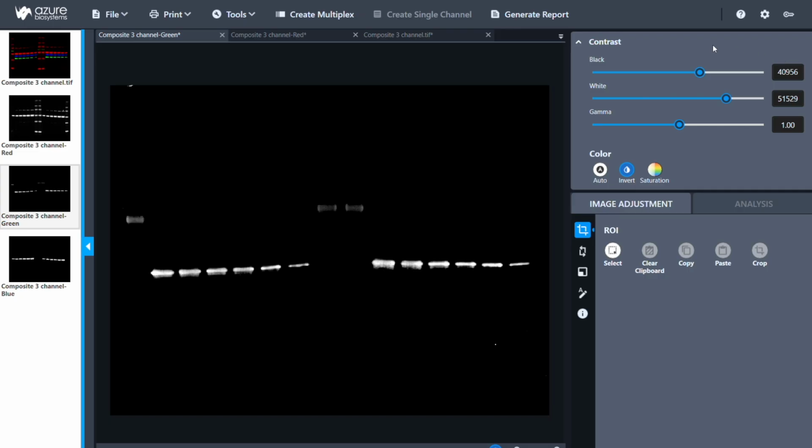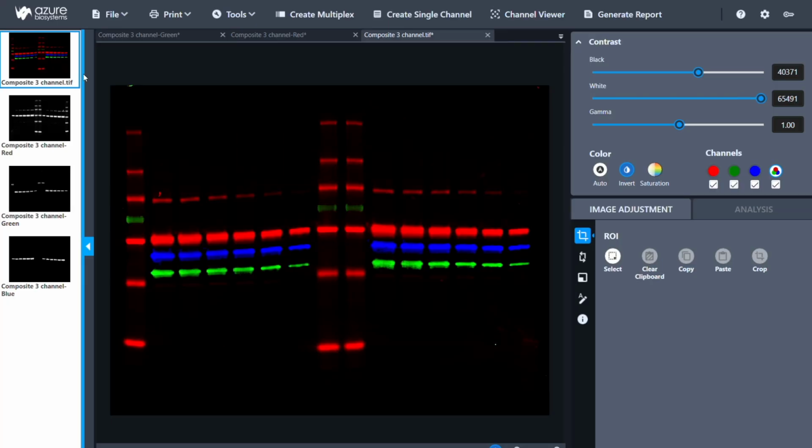From the Contrast module, you can adjust the contrast of your image, including the black and white levels of your image, as well as the gamma. You can choose to autocorrect the contrast of your image, invert the colors of your image, or detect saturation within your image. When you have a multiplex image, you'll also be able to select the channels that are viewed and